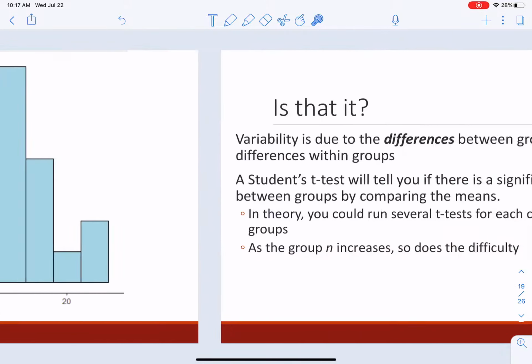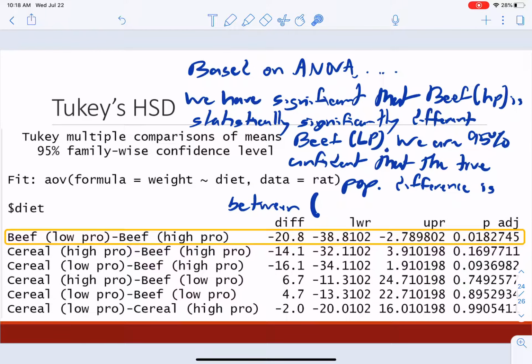Okay, so we come all the way back here. We're 95% confident that the true difference, the true population difference, is between 2.79 grams and 38.81 grams, right? And I'm just getting that from here. I'm just switching this around to make a little more sense, because I don't like to see negative numbers, especially when we're talking about differences. It's kind of hard to